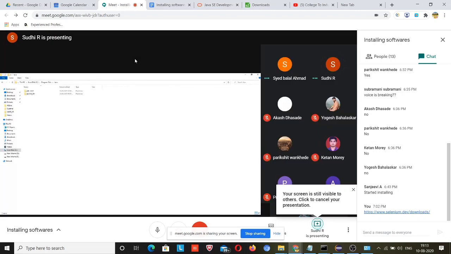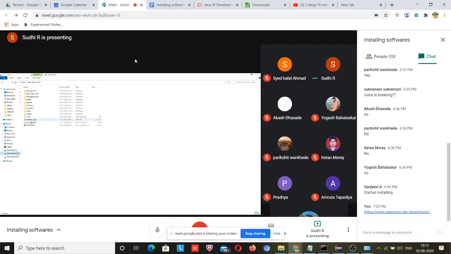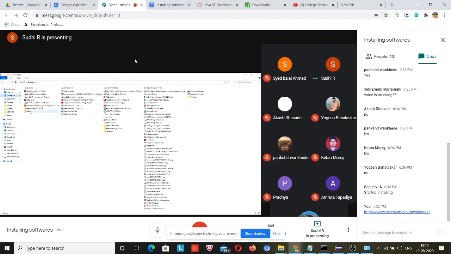I have to find out where I installed Eclipse. Oh, this is the error I was getting. Have you installed the one I shared, or another? It's in the Downloads, this one.